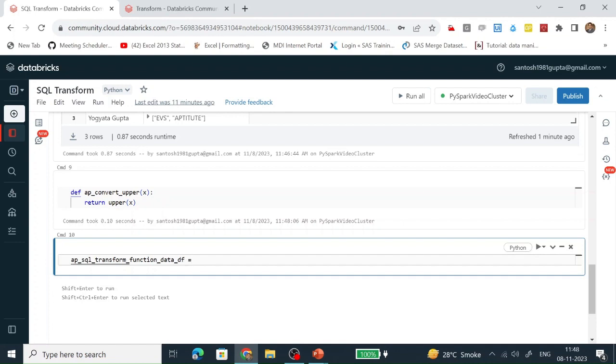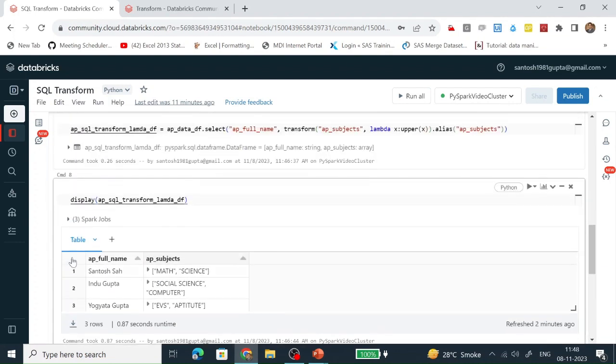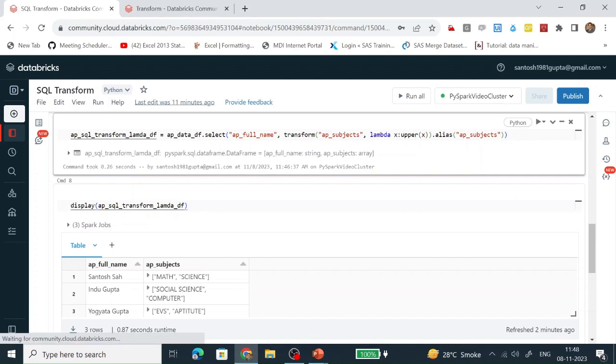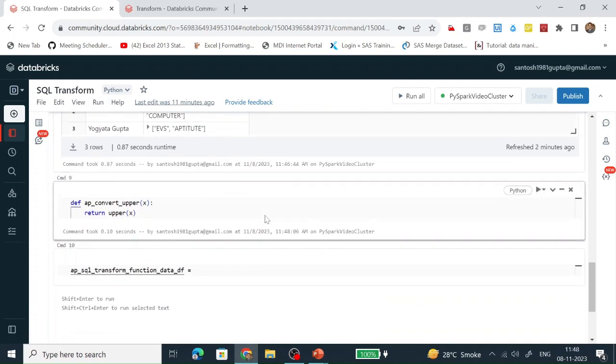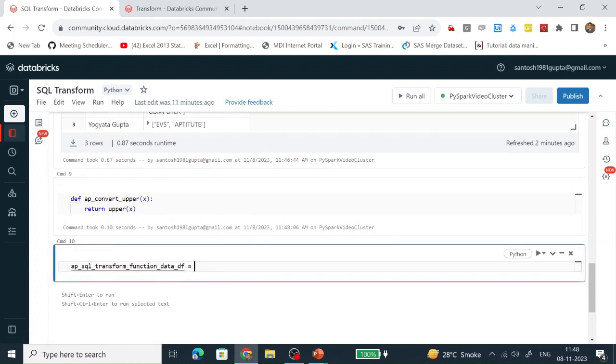On which data frame are we going to apply this transform function? We are going to apply it on top of select. What column are we selecting?